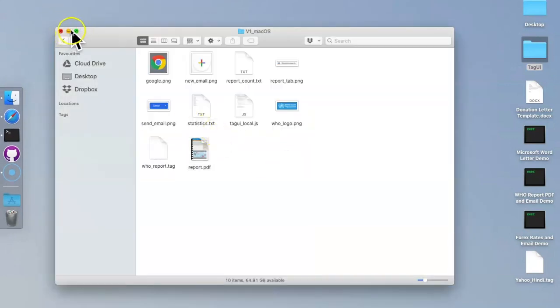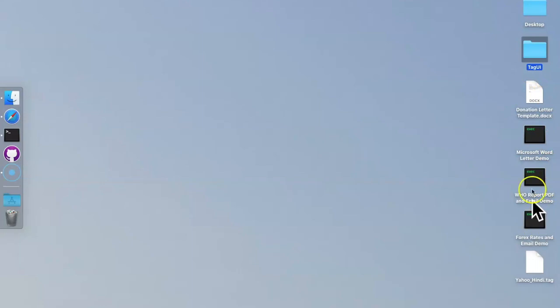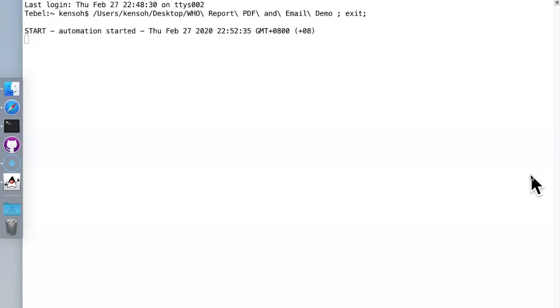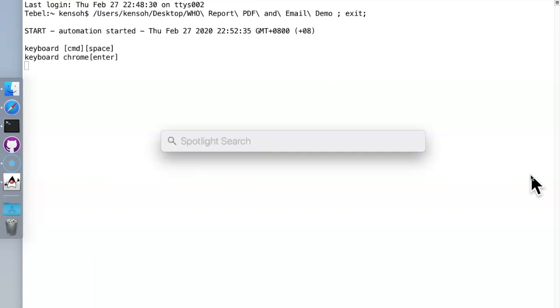Okay, so let me run it. It's WHO email. When I double click on this icon, when you develop something in the text file, you can just use a deploy option. Then TagUI will automatically generate this icon where you can double click and run. For Windows, it's a batch file. For Mac OS, it's a command, a shell script. This was a suggestion by Ishan, which was really useful and great. Later on, you'll also see another suggestion that he made,